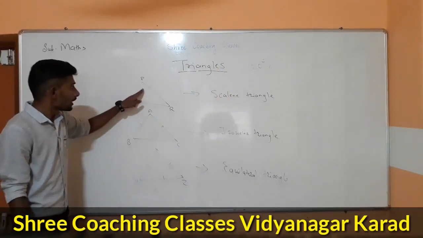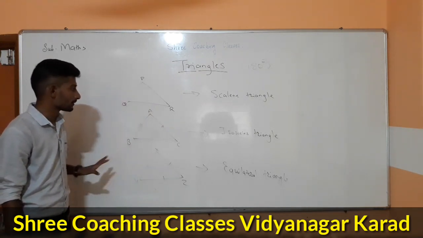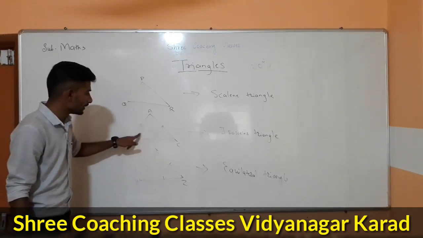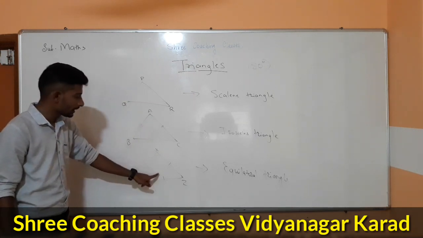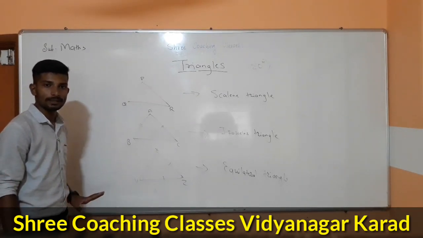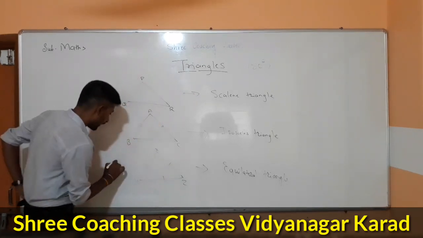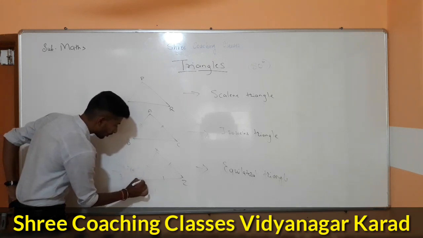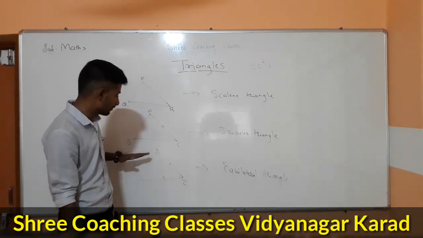Okay, so in this what it will be? Different types. Okay, different angles. In the isosceles triangle, the two angles will be same and the one will be different. And in equilateral, all these angles will also be same. Okay, if it is same, then 180 divided by 3, so it becomes 60. All these angles will be of measurement 60 degree.